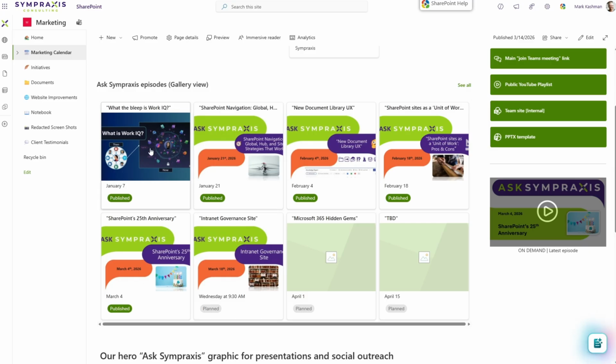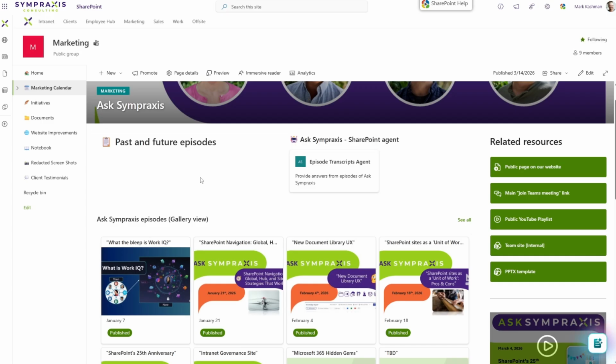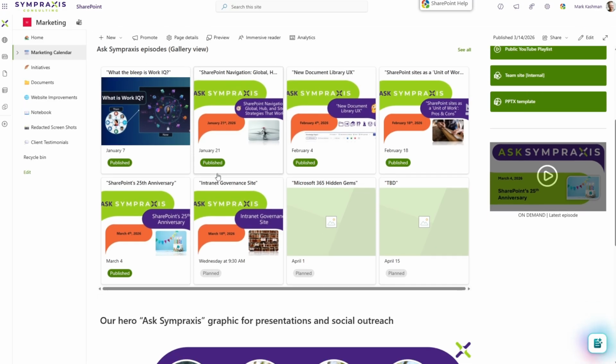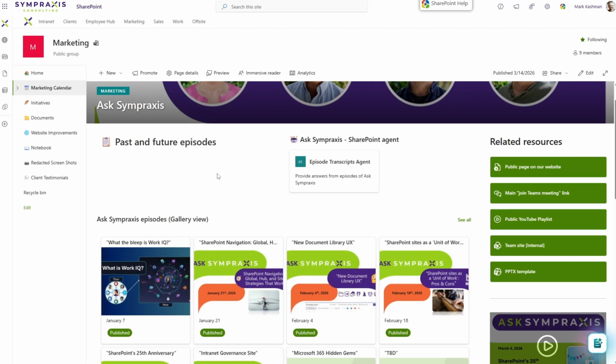The past ones commonly have a finished graphic, they're published, they have a date. There's always more information, but this is just the rough view and gallery view just to see the basics. So this really highlights one area of lists, gallery view, and the use of it. It's not a new list, but it's within the context of this page where we look at both past and